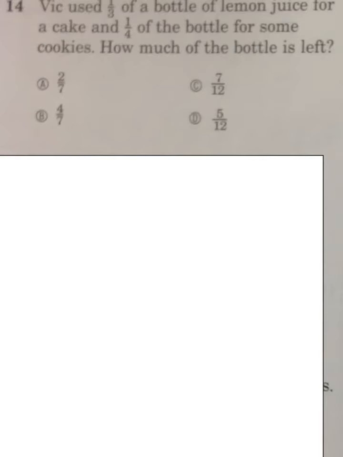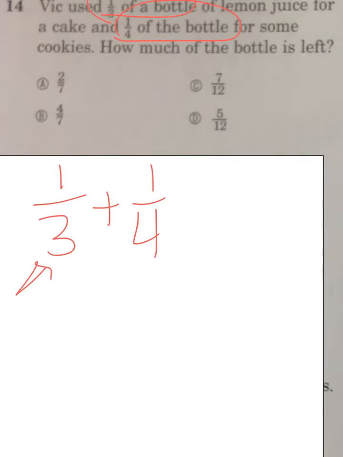Number 14, Vic used 1/3 of a bottle of lemon juice for a cake and 1/4 of the bottle for some cookies. How much of the bottle is left? In this case, you would take 1/3 of the bottle and add it to 1/4 of the bottle first. Remember that you could do this in your calculator if you're allowed, but if not, you had to do paper and pencil. You need to change your fractions to fractions that have common denominators. So in this case, it would be out of 12. But when you add up these two, you get